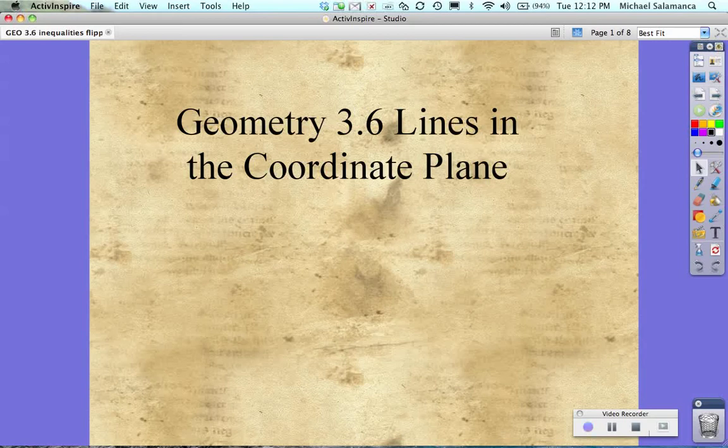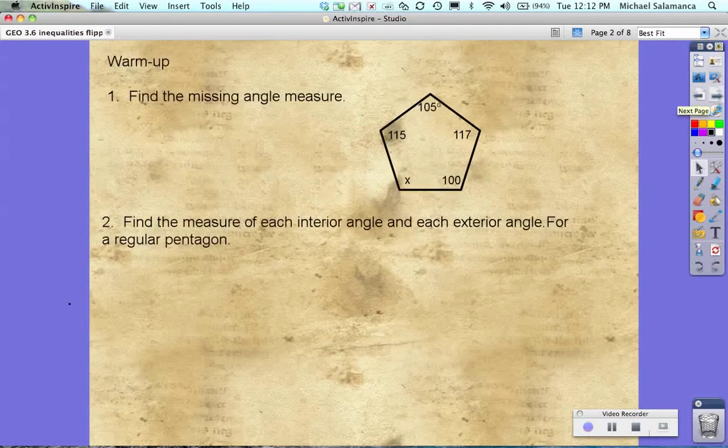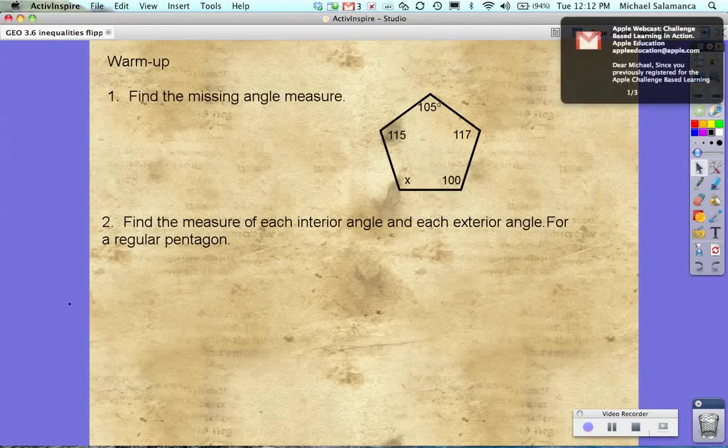Hello students, today we're going to talk about lines in the coordinate plane. In your geometry books, this is chapter 3, section 6. So, what I'd like for you to do is go ahead and pause the screen and try solving these two problems on your own. Now, if you've paused the screen, you should have been able to get the answer x